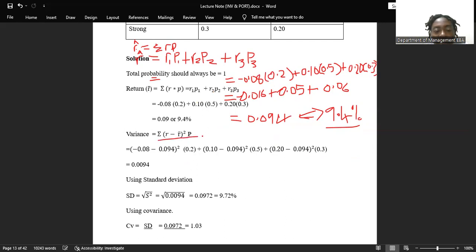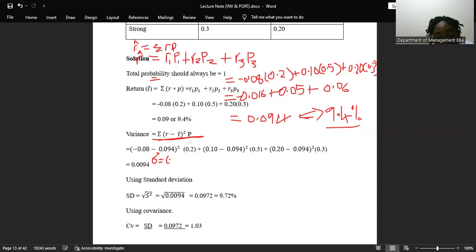This is the formula for the risk. Sigma, R minus expected return, squared, times what? Probability. Okay, so let's find the ninth place and do. So that will be variance. I thought the symbol of variance is what? I'm hoping it goes there. Equals to,